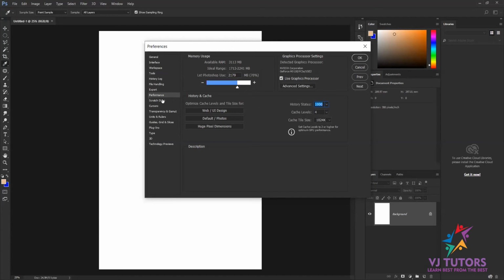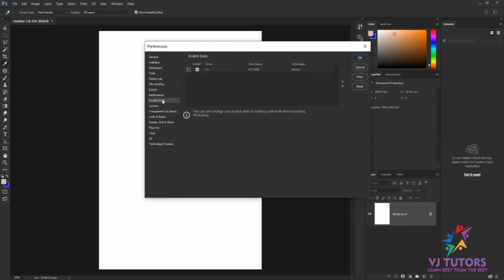Okay, then we have the scratch disk. This is again very important. Whenever you install Photoshop, your PC gives a certain amount of memory to Photoshop, like 18 GB or 20 GB.